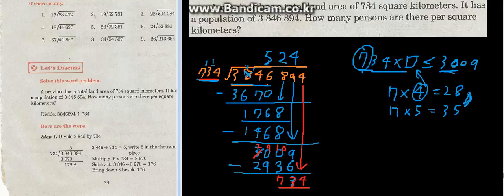And what should we do? What kind of number should we place in the blank? Well, this is obvious. 734 multiplied by 1 is equal to 734. So we just place